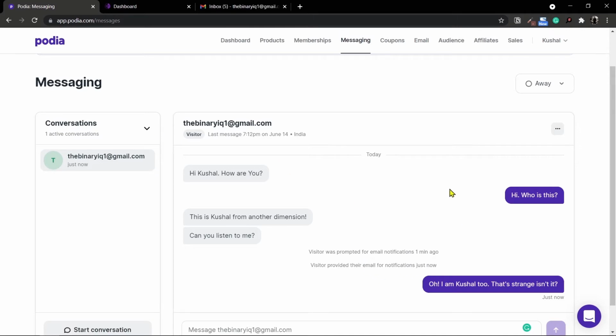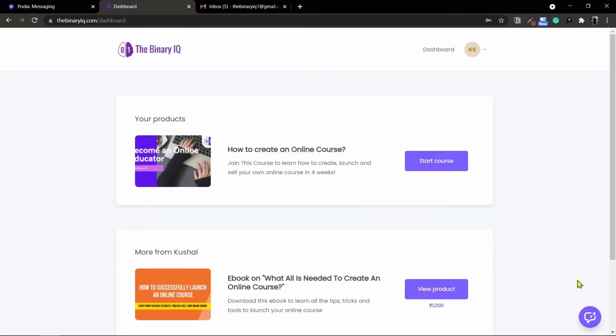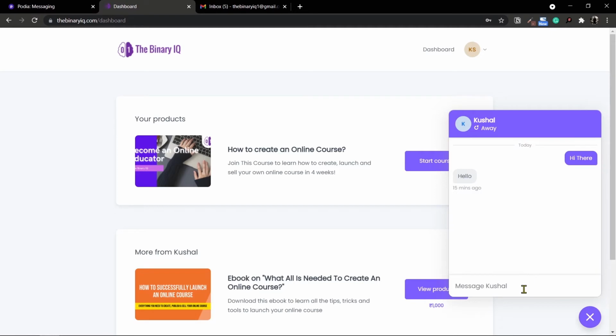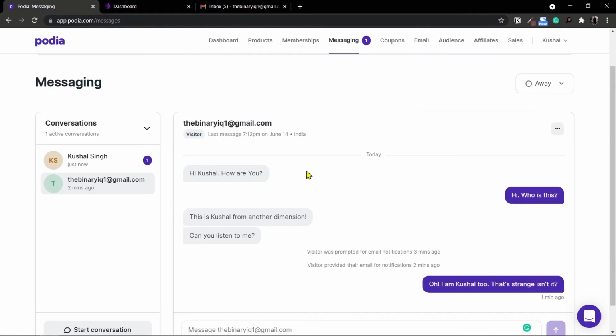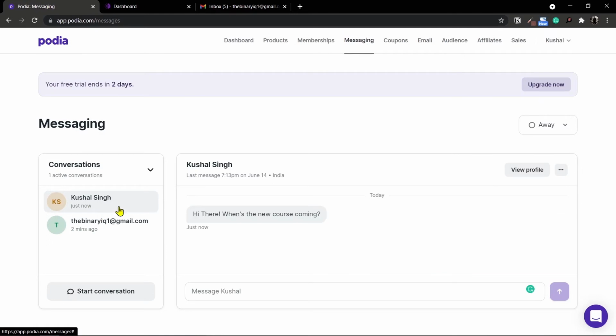Now let's look at another option when you're logged in. If you're logged in and you try to send a message, so let me type in a message. And if I go back to my messaging app, you can see I got a message from myself. This is a user who has joined one of the courses. Now don't get confused that you're seeing my name all over. If I were logged in as a different user, you would have seen the same.